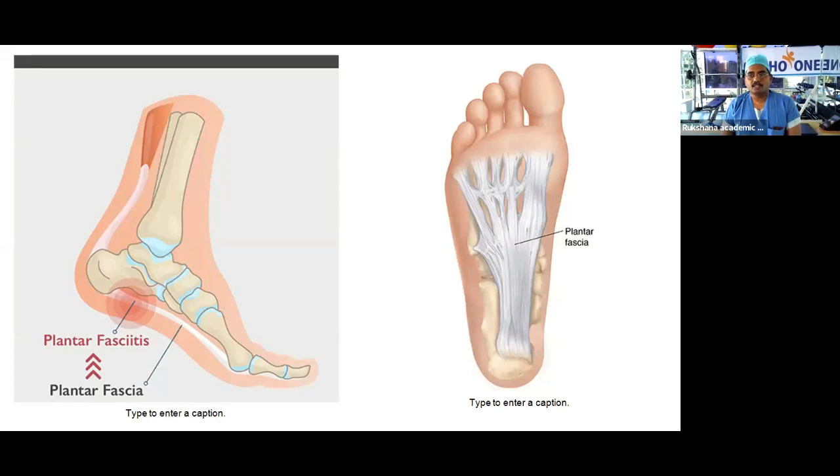And you know that we all sleep at night with our foot down. Nobody sleeps with the foot pulled up, because that is a resting posture. In the resting posture, when the foot goes down, the muscles in the foot and the calf get relaxed. They become contracted. And when you get up in the morning and try to walk, the muscle has to stretch, and it is not able to stretch because of the associated tightness.